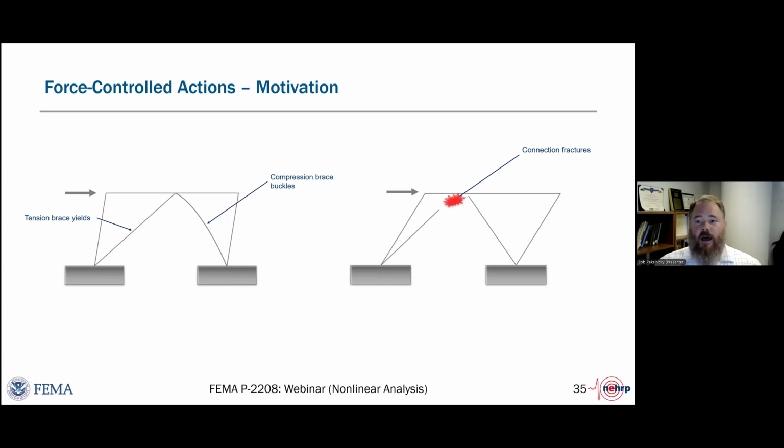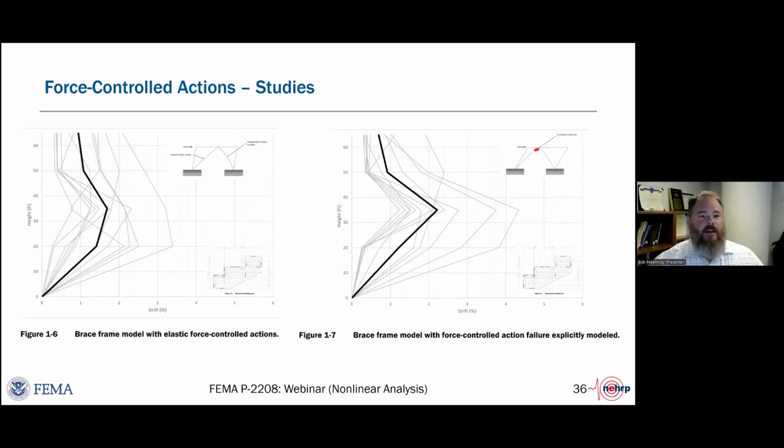If it did not on the mean or the amplified mean, then that was okay. The issue at hand, however, is that everything in the analysis response after that force-controlled action is overstressed in each record is not an accurate representation of the building's response.